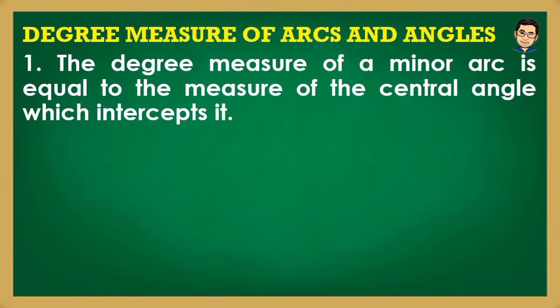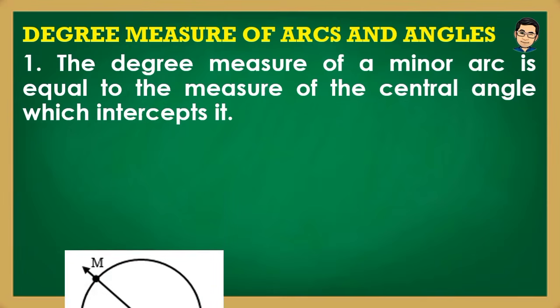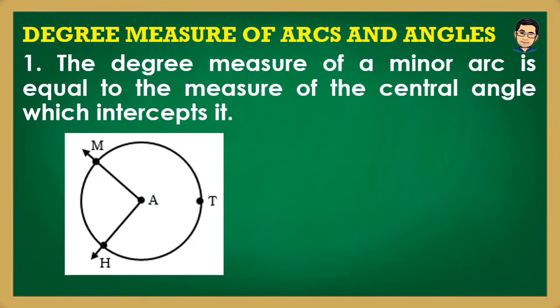First, the degree measure of a minor arc is equal to the measure of the central angle which intercepts it. Okay, using the figure, let's first identify the minor arc. A minor arc is an arc which measures less than a semicircle. So the minor arc that we can identify there is arc